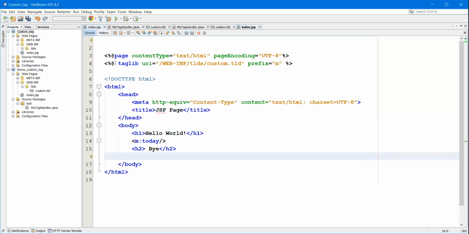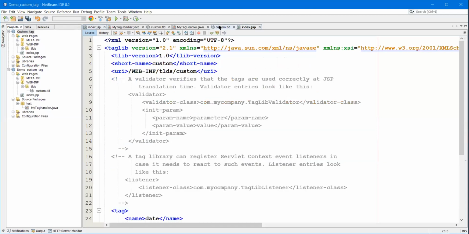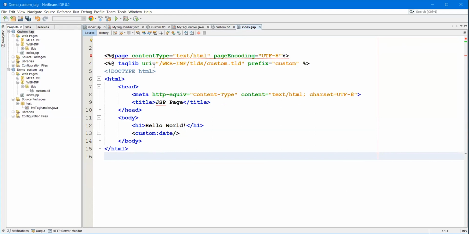Here in the taglib I have given only the URI, along with the prefix.